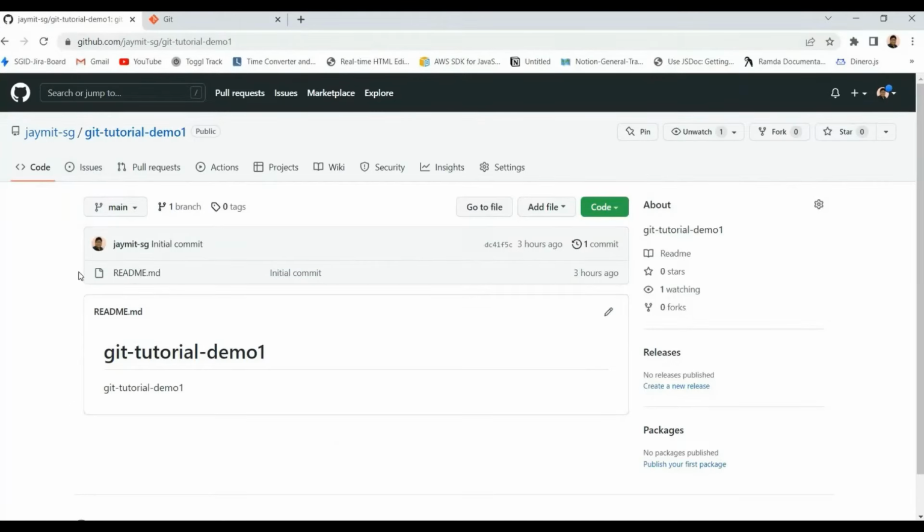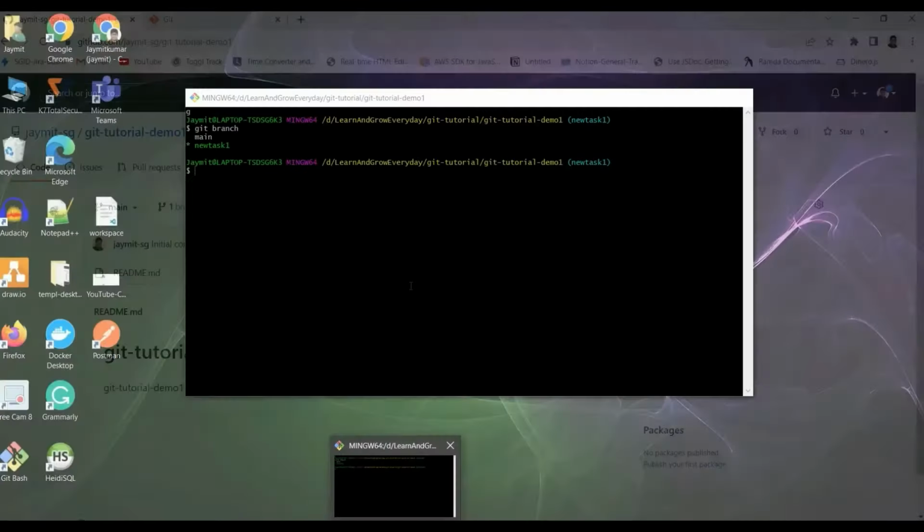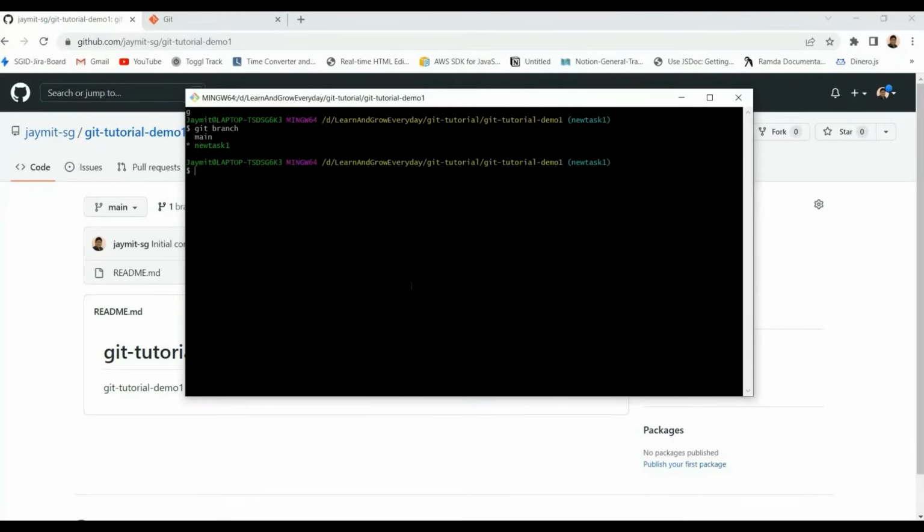And GitHub also, github.com, is a good platform to host your repository source code, and it gives many more advanced options to implement your CI/CD workflow, such as GitHub Actions and more. Many more options are available in GitHub. So that way you are able to use Git